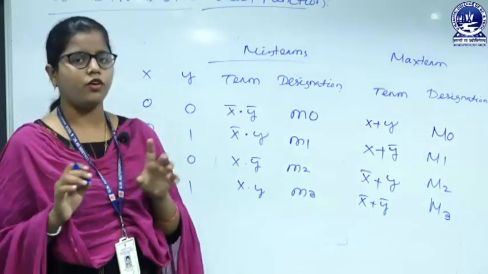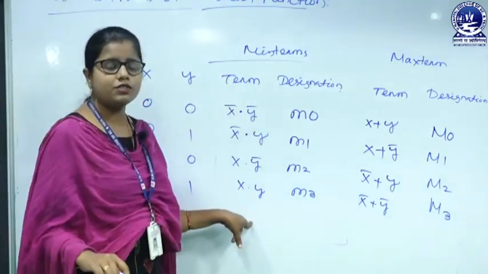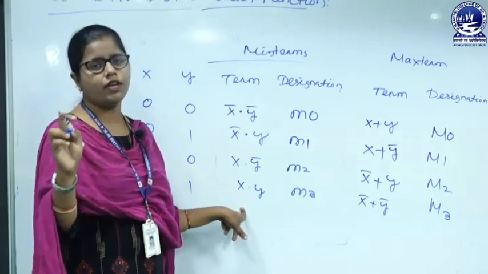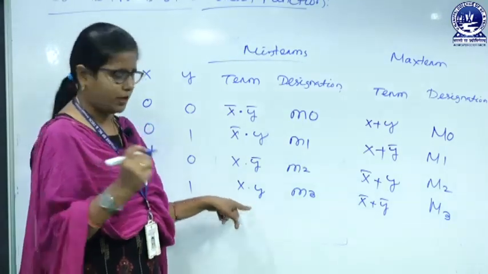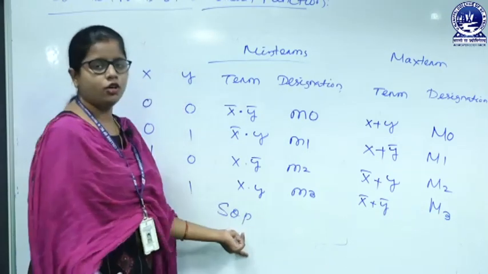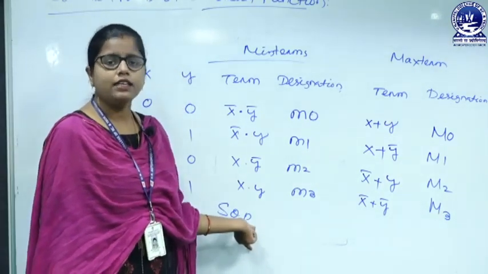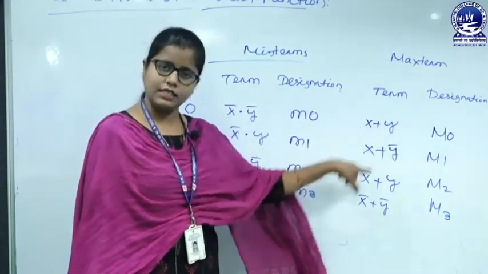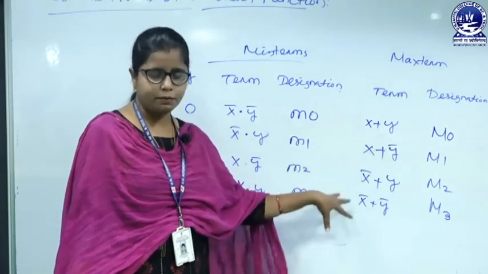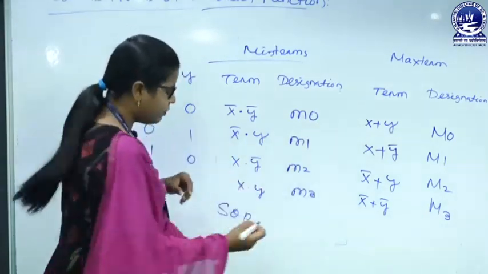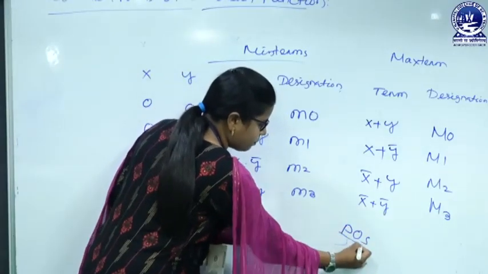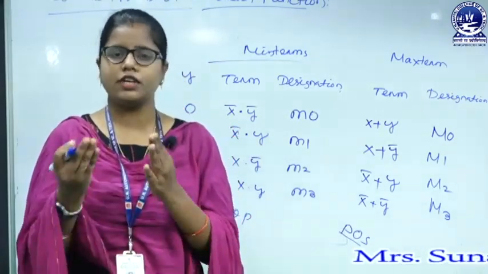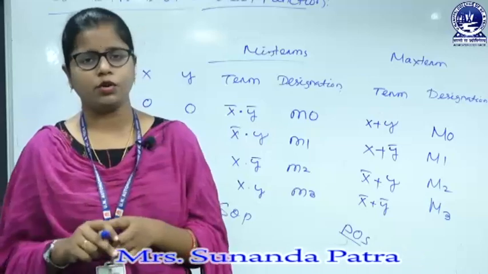And when we go for adding these terms, these are the products, and when we add these terms, that will be called sum of product, SOP. When we add the products, the min terms, and when we multiply the max terms, these are the sums, and when we take the product of these, that will be called product of sum. So what is sum of product, what is product of sum, how to represent the function in terms of SOP and POS, we will go for the next class.